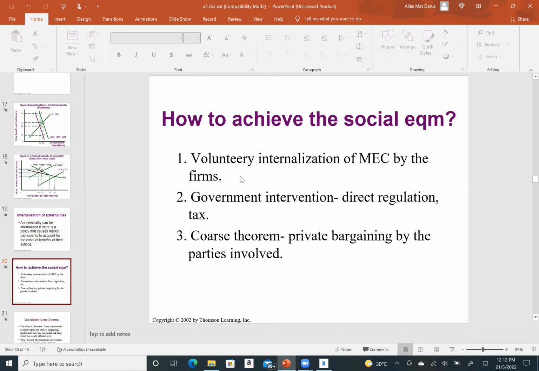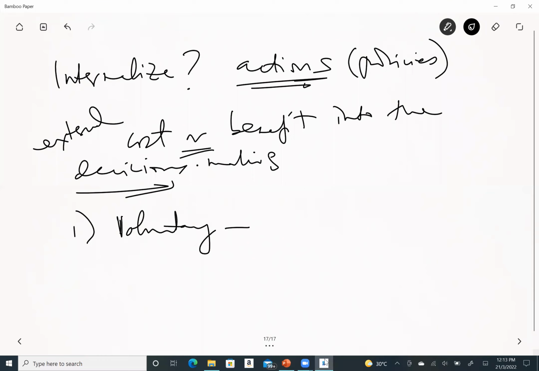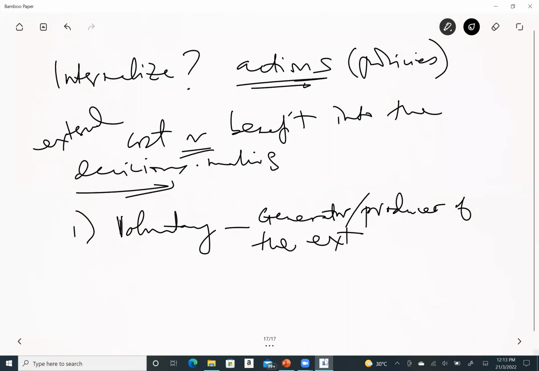Voluntary means the party that is directly involved in the generation of the externality, the generator of the externality, voluntarily takes into account the